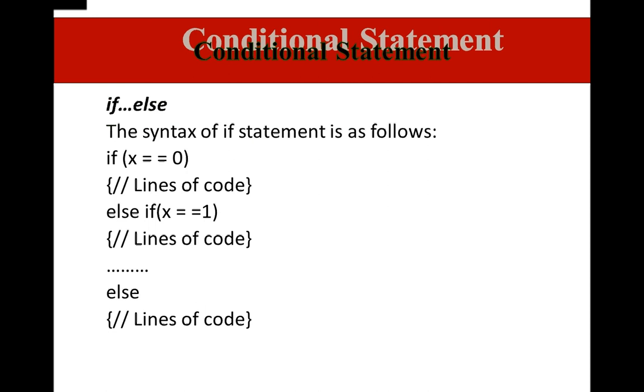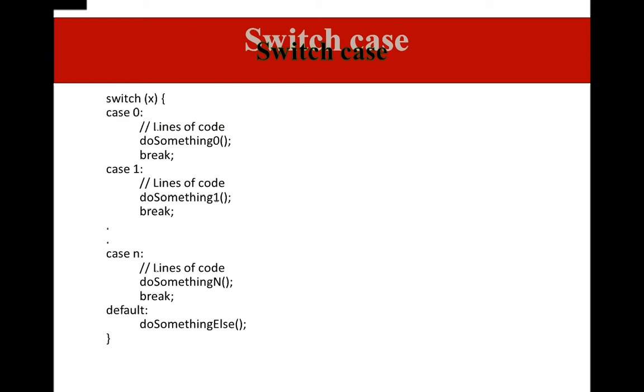In the case of else if ladder, we are going to write different conditions. If this condition is true, do this, else if this condition is true, do this, else if this condition is true, do this, else if this condition is true, do this, else, something like that. And we can also use this with nested if. So in the nested if, if this condition is true, we go for checking another condition.